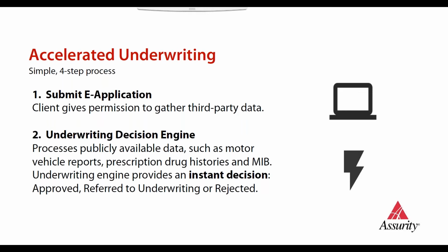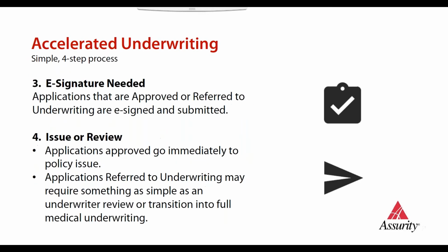So the good news is if they're approved, you can let them know that great, you're approved as applied for. If they're referred to underwriting, it doesn't mean that they're going to have to do an exam. It means that underwriter is going to take a look at that. Once you finish that, you are not complete with the application. You still need to do the e-signature at the end. So you need to do the e-submit. So you'll need to get the signatures just like you would on a regular application